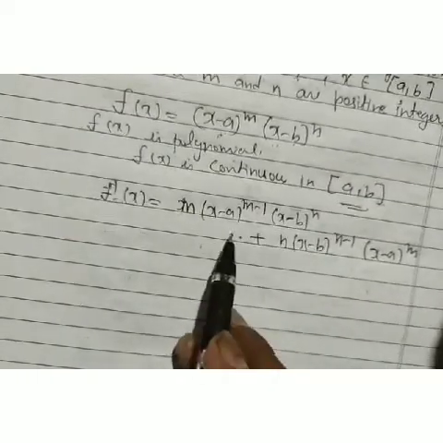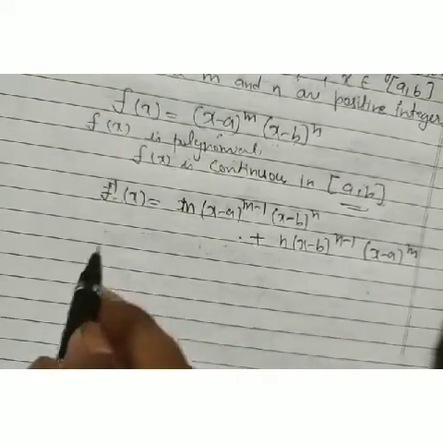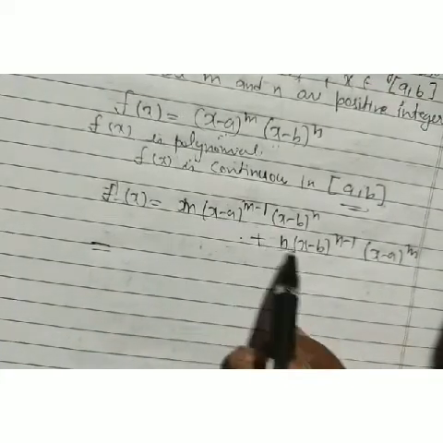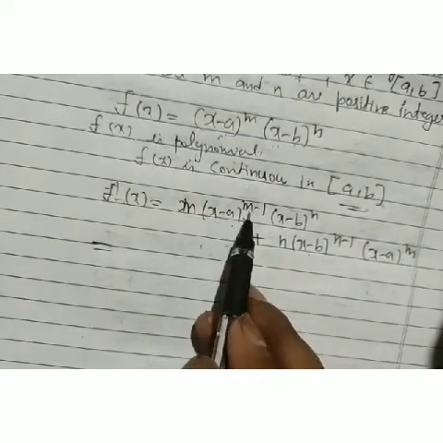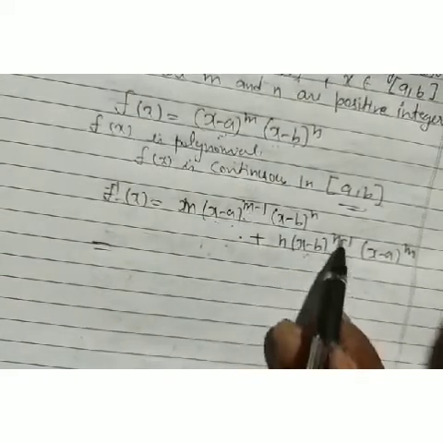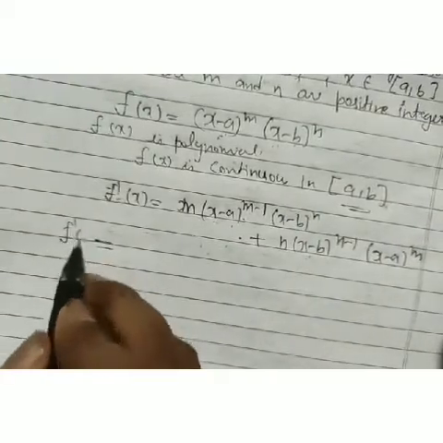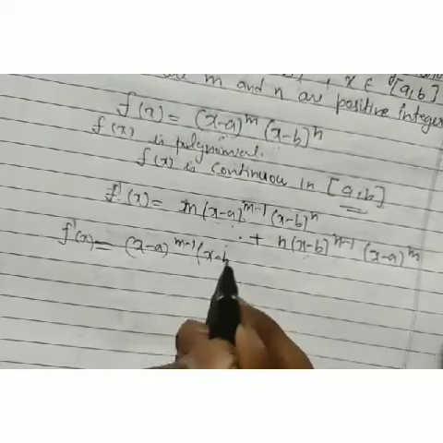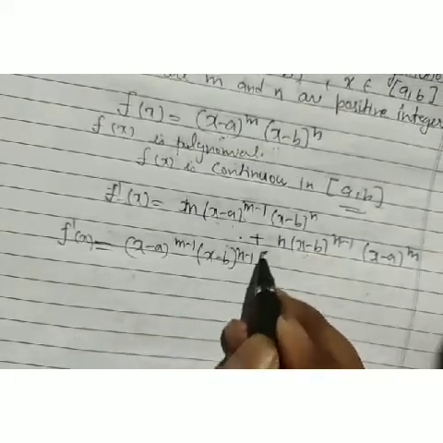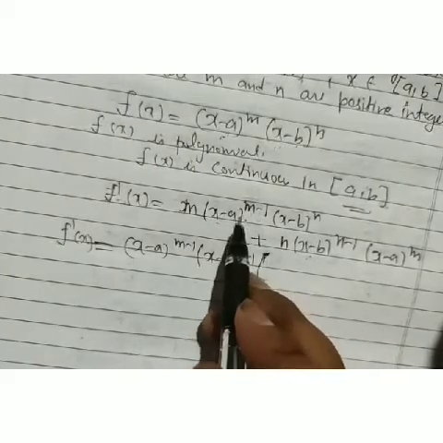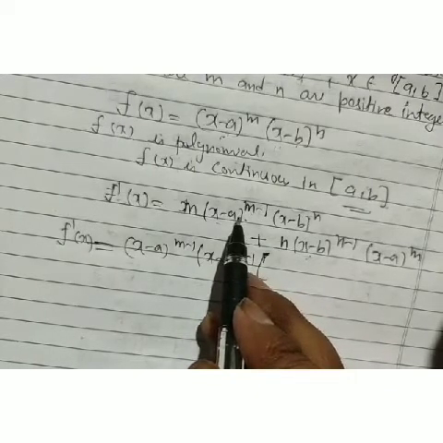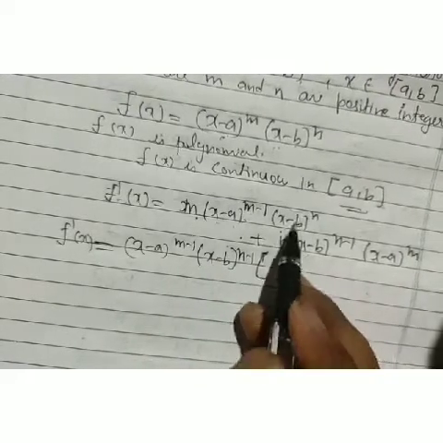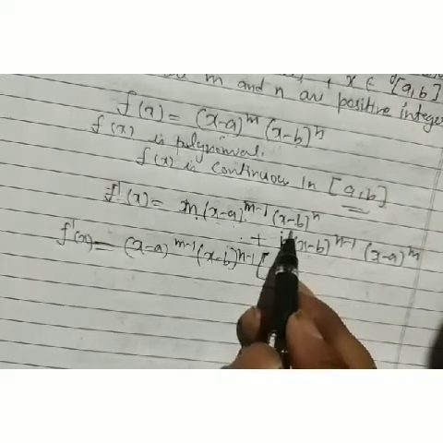But we are going to simplify this. We can take our common values there. From here, the lowest value is (x minus a) to power m minus 1. Here the lowest value is (x minus b) to power n minus 1. Then our f dash x can also be written as (x minus a) to power m minus 1, (x minus b) to power n minus 1. Then since we took (x minus a) to power m minus 1 common, we get here only m, and then if we take (x minus b) to power n minus 1 common there, we get (x minus b).